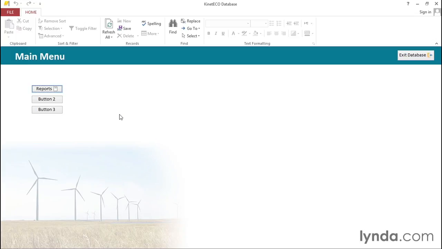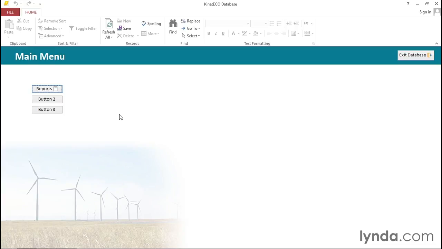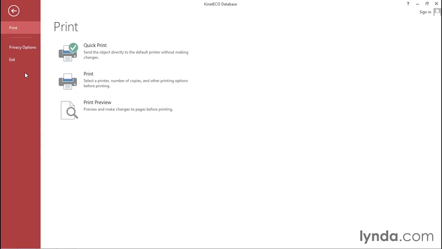We're going to continue working on the database that we were using in the last movie, but since we set a bunch of startup options to customize the startup process, we need to launch the file in a special way so we can get access to the design tools that we need. And you might think we just go back to the File menu and go back to the Options screen. But you notice that our options that we had set actually remove the ability to get back to the Options screen. So in order to get the database back into a state that we can continue developing, I actually need